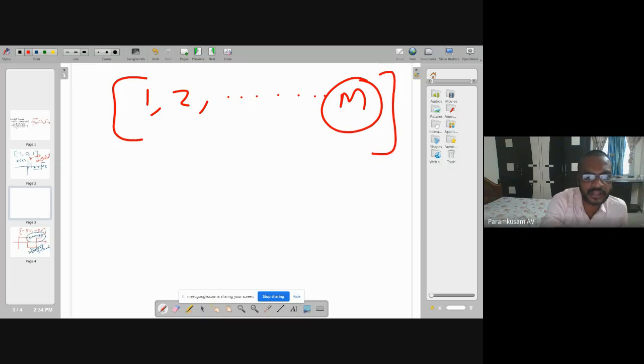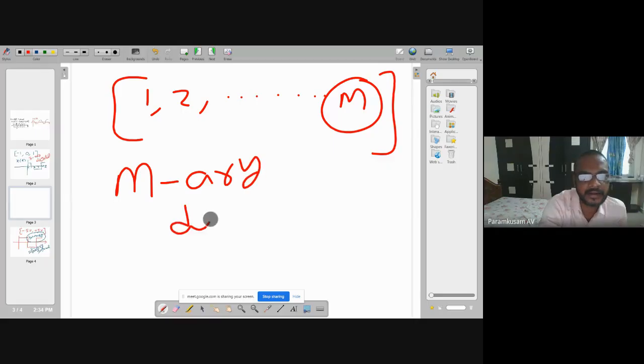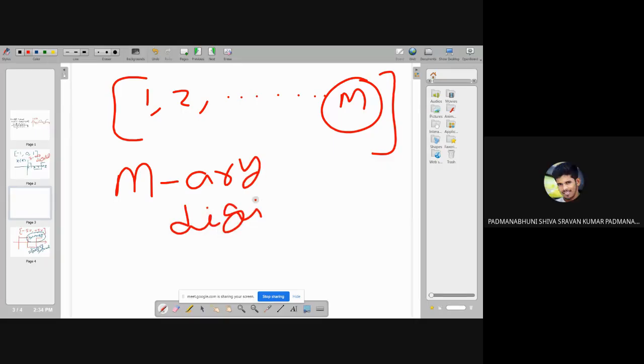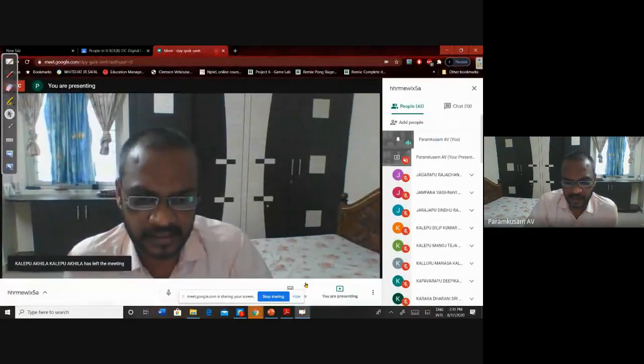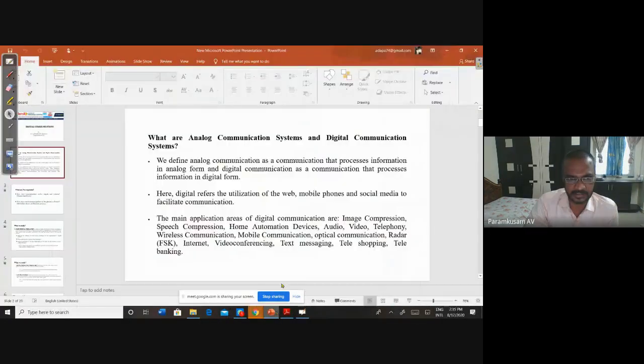Then if you construct the signal by using M symbols, what is the name of that signal? M array digital signal. So this is some idea about analog signal and digital signal.